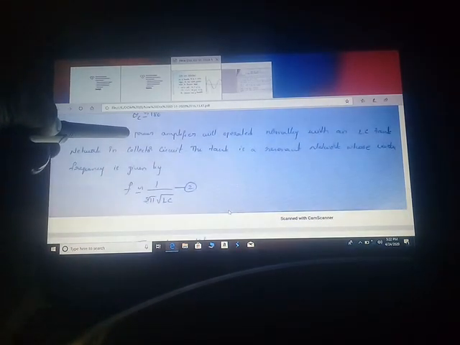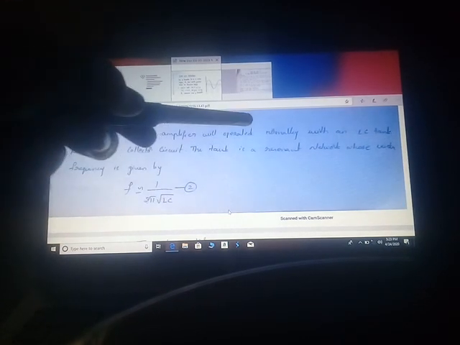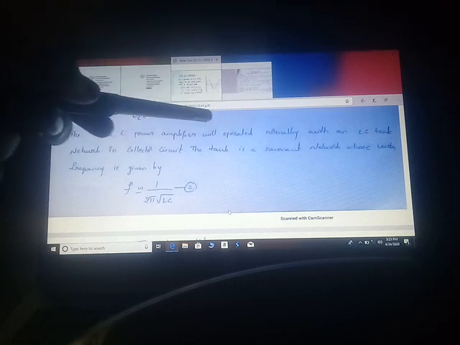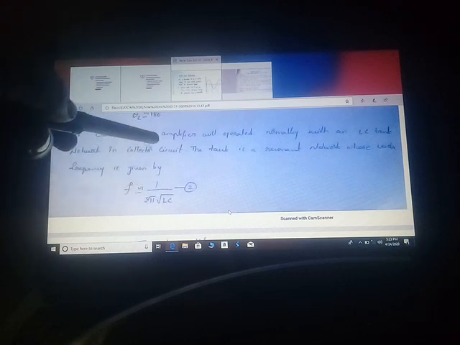And how to calculate the frequency response. The class C power amplifier normally operates by taking an LC tank network. So what is the LC tank network? We have already discussed it in oscillators: the combination of an inductor with a capacitor is known as a tank circuit. In the above circuit we have taken the inductor as well as the capacitor, so this is known as the tank circuit in the collector. The tank circuit is also known as the resonant circuit. We get the accurate high frequency levels only in resonant circuits, so in that place only we calculate it.